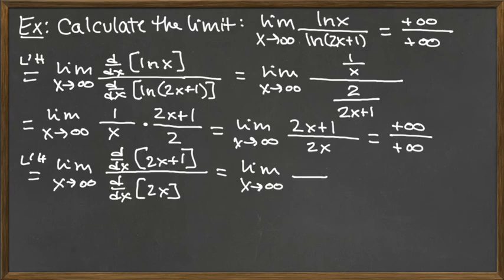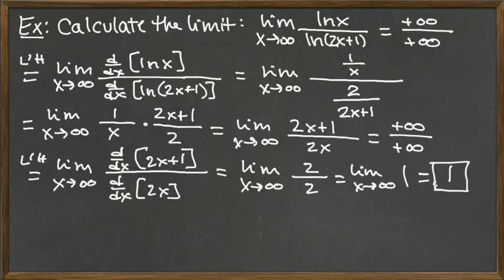The derivative of the top one is 2. The derivative of the bottom one is 2. And so we're really looking at the limit as x goes to infinity of the constant function 1. That constant function is just a horizontal line, and so that limit then is going to just be that y value of 1 there. And so that completes our limit,